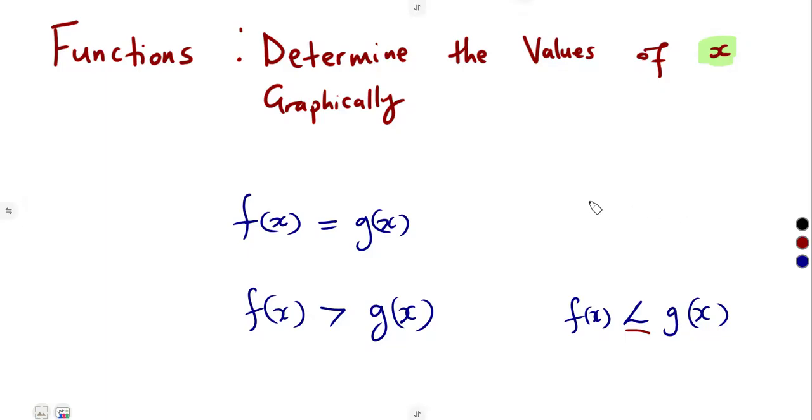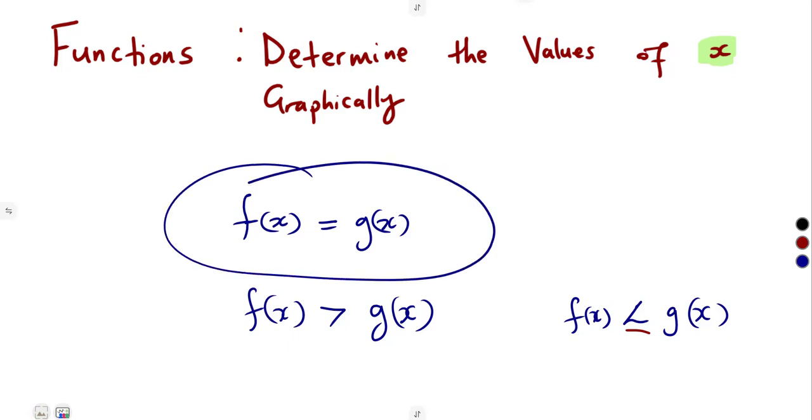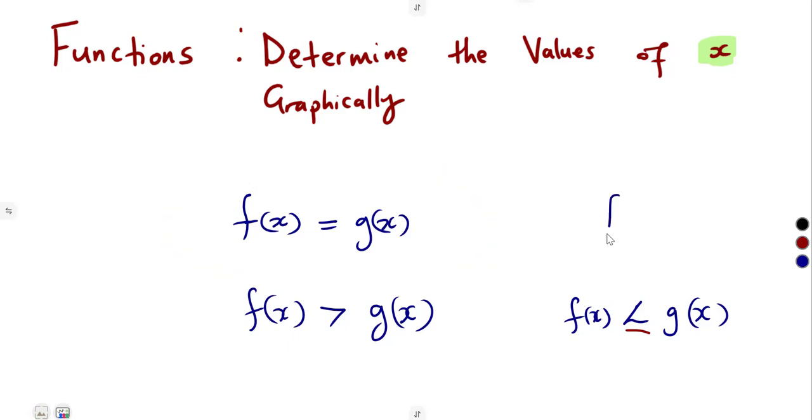The condition that we are going to consider in this class is that we can have f of x being equal to g of x, whatever function that we are given, meaning to say there are two of them compared,